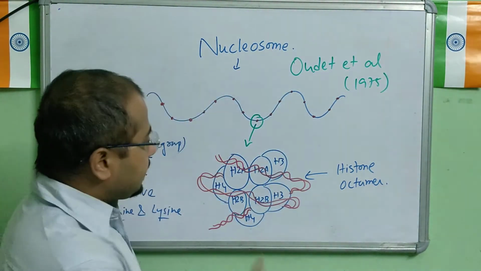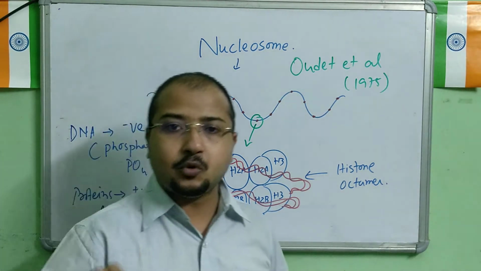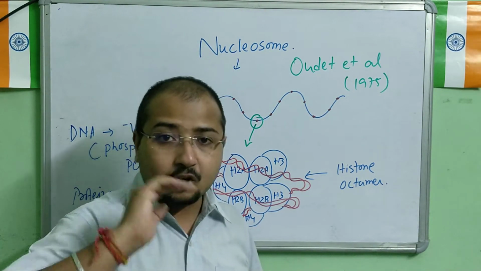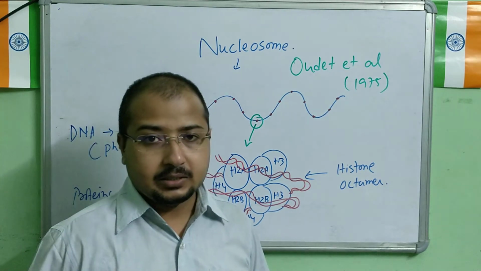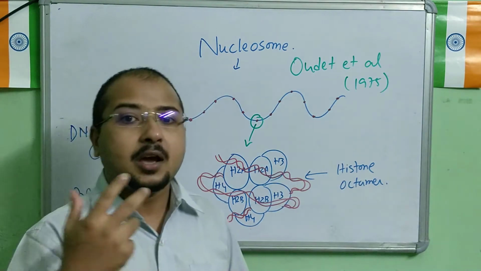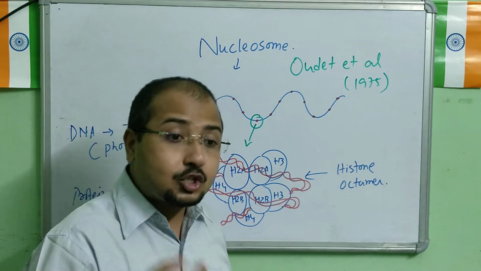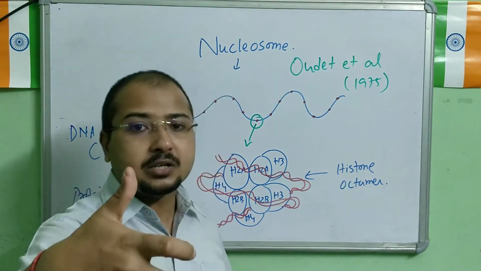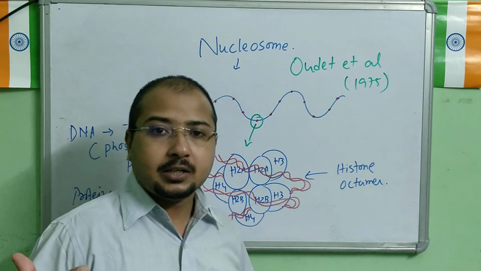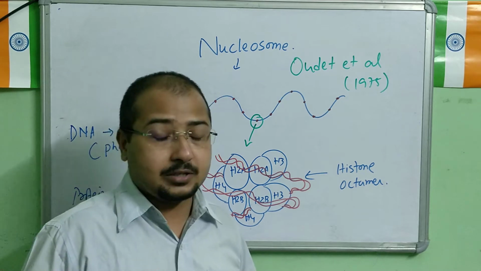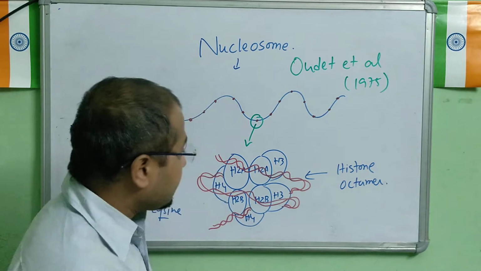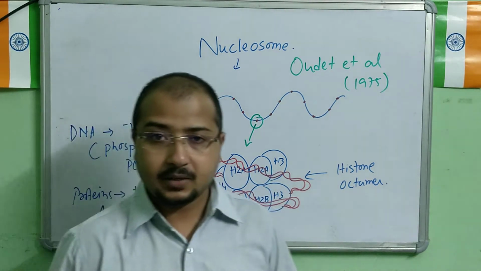That is why DNA and protein exist together. Without protein, the genetic information cannot be expressed. The genetic information is carried by DNA from one generation to the next generation, but the genetic information needs to be expressed. That expression is done by the protein. So without protein, the genetic information, the character, cannot be expressed. That is why DNA exists with protein. Understood?